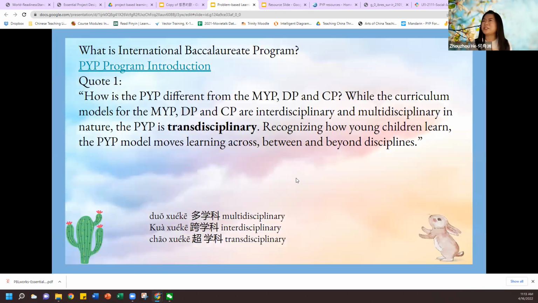So what is the International Baccalaureate Program? I have put a resource slide in the chat before. And if you didn't get a chance to look at it, you can look at it later. So for PYP, which is short for Primary Years Program, we have the Middle Years Program and Diploma Program and college program. The difference is that the PYP program is transdisciplinary